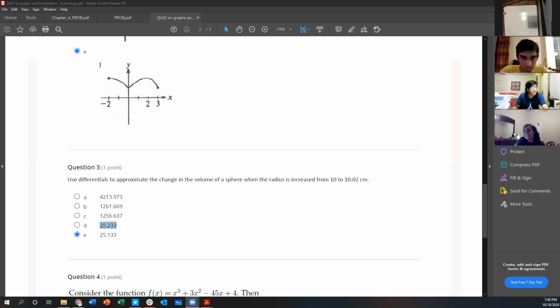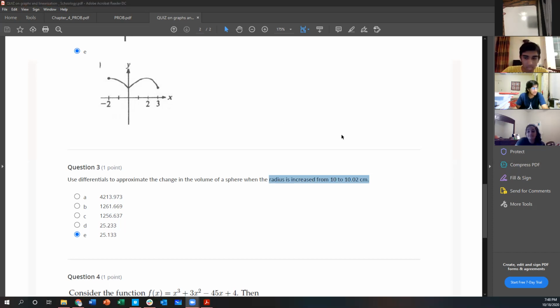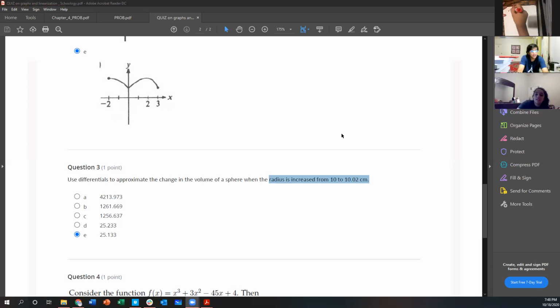Okay, never mind. So the radius is increased from 10 to 10.02. Okay, what's on the chat? Bye, Ashwin. All right, bye, Ashwin. Yeah, no problem. Glad you were able to make it. Okay. Radius is increased from 10. That means initial radius is 10, and that means final radius,